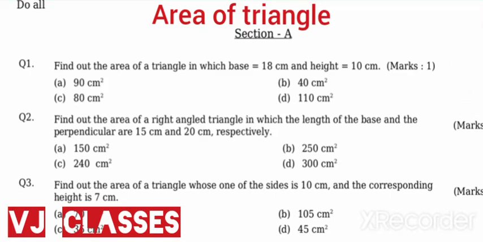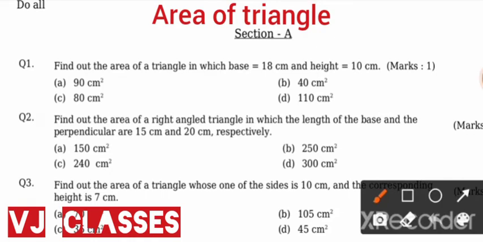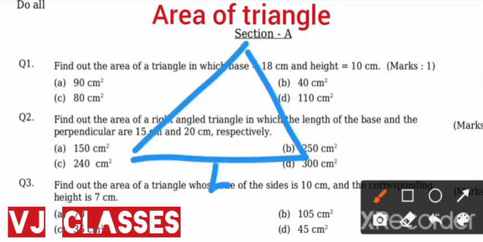So first of all, see that what is base and height. If in a triangle the side on which it is standing, that is known as base B, and the perpendicular height, okay, the height which is making 90-degree angle with the base is known as height. So whenever we are discussing about height, we are generally talking to a perpendicular height.